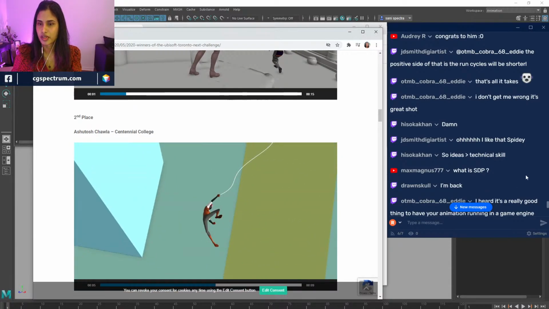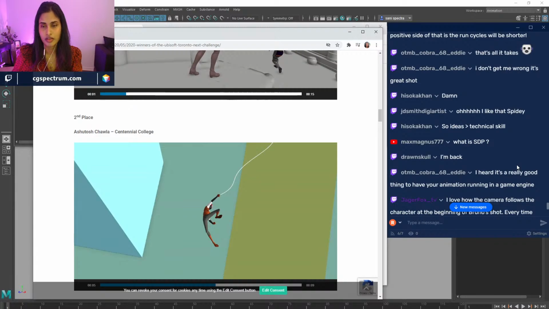So first comes your ideas, your thought process and everything, and then how you're putting that idea and showcasing it is your technical skill. So both should go hand in hand. The greater the idea, the better the skills, the better your chances.